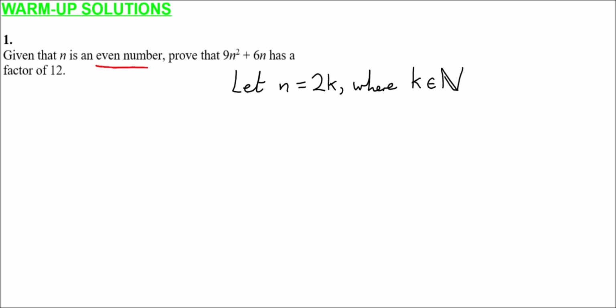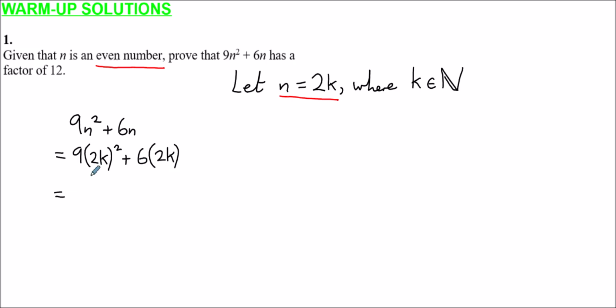So even number implies it can be written in this form. So we can just take this expression here, 9n squared plus 6n, and substitute in the fact that we're setting n to be 2k. So that becomes 9 lots of 2k all squared plus 6 lots of 2k. 2k all squared is the same as 4k squared, and 6 lots of 2k is 12k. So if we expand this out, 9 multiplied by 4k squared is 36k squared